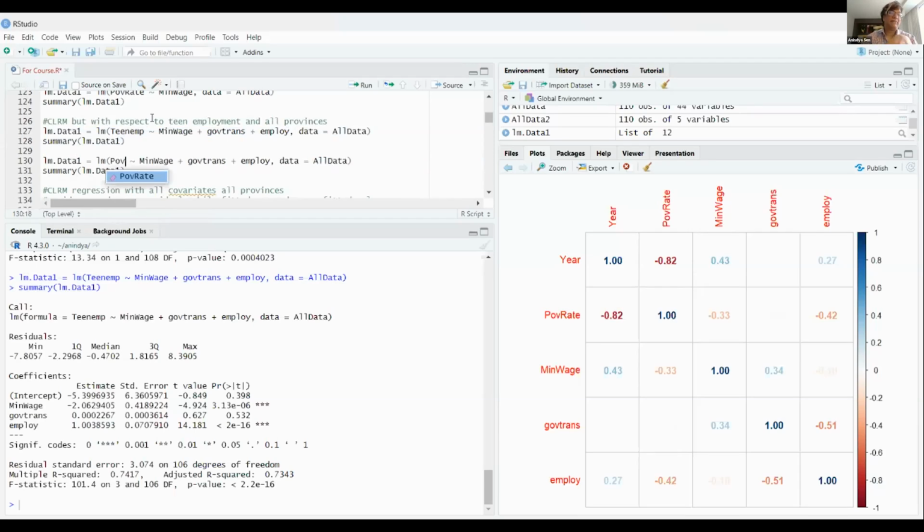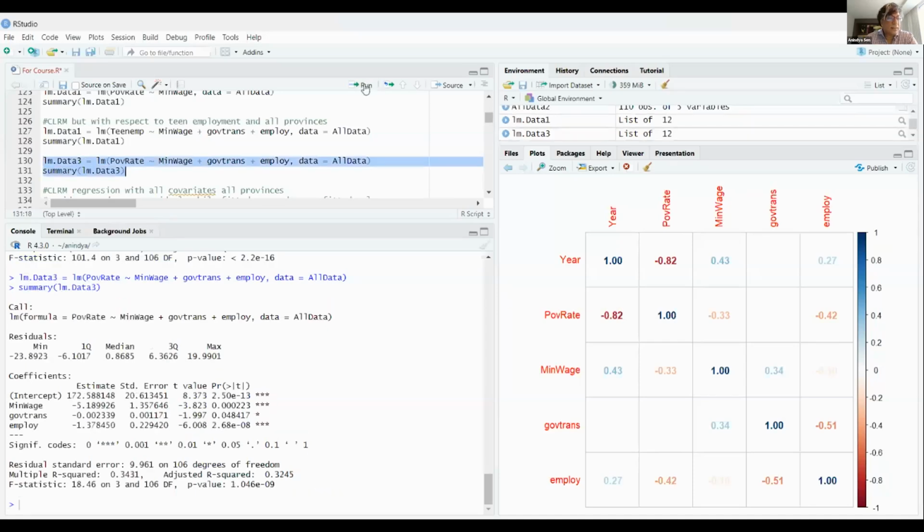So once I type something in, R, you can see, automatically has an autofill, which is, again, very efficient. So I'm going to give it a separate name so as not to confuse myself. And let's run it. Okay, so